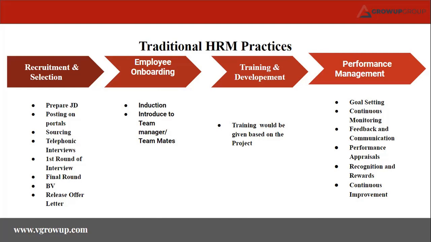We communicate to him in which areas he should improve. Performance appraisal is on an annual cycle. Recognition and rewards are employee of the month and employee of the quarter. And for continuous improvement, like we have Growup Academy sessions for the continuous professional growth of a BA. Likewise, every company has continuous improvement, either on the technology part or in other ways. So these are the traditional HRM practices of each and every company. It may slightly vary from company to company. Any questions here, please let me know.